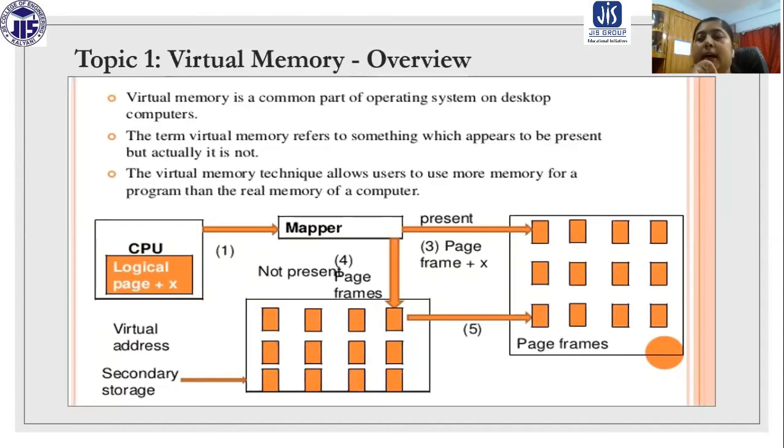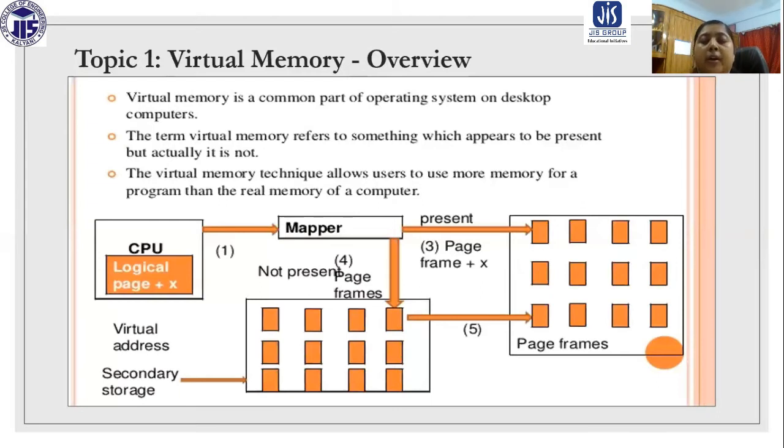We discussed that the primary memory size, or main memory size, of a computer is not very large. But in a computer or a system, we are going to store multiple programs. So where are they going to be stored? They cannot be stored in primary memory because its size does not permit that. So there must be some place where they are going to be stored.